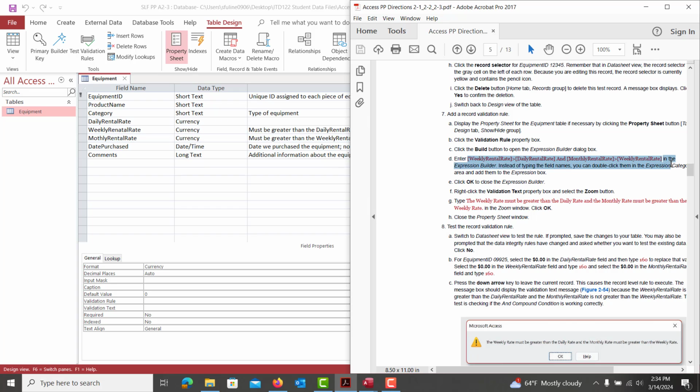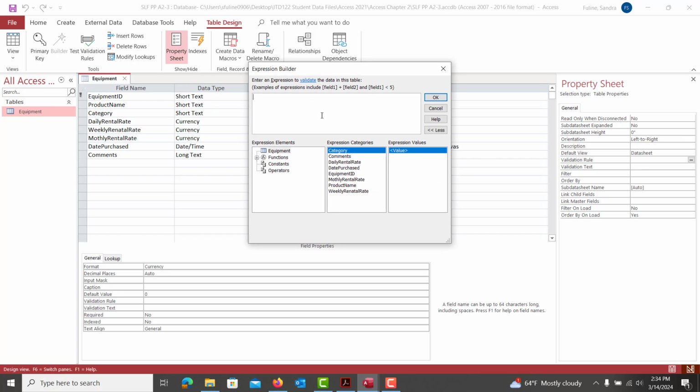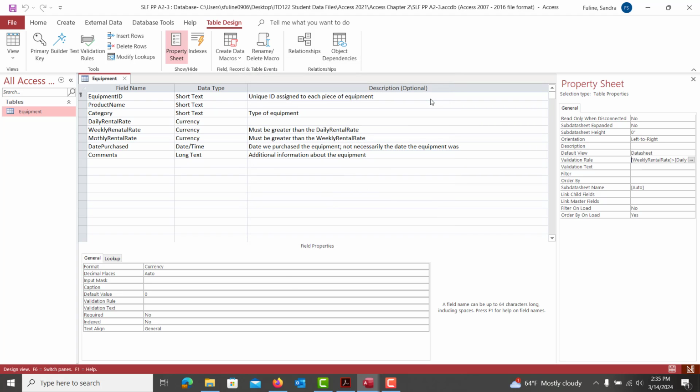Here's the rule here in 7D, and I'm going to copy and paste that rule over. And you can put the rule in any way you want. If you want to just paste it in here, you can, or you can click on this build button. And when you build it, again, you're just still pasting it in. So I did Control C to copy, Control V to paste. And the rule states that the weekly rental rate must be greater than the daily rental rate, and monthly rental rate must be greater than the weekly rental rate. So you can either type that out, copy and paste it over, make sure that you use the correct greater than symbols and brackets. I'm going to hit OK,